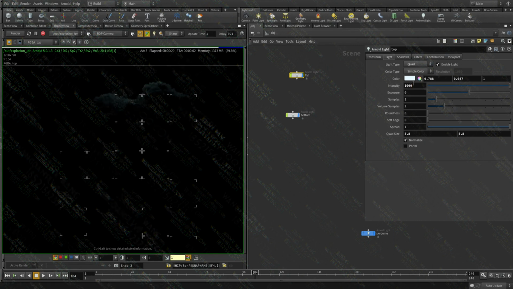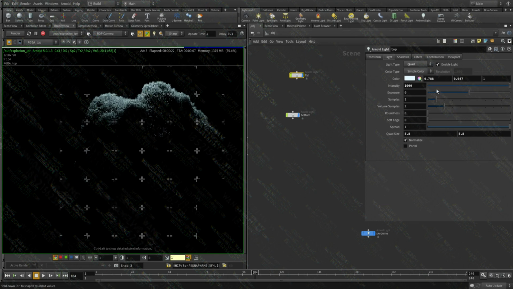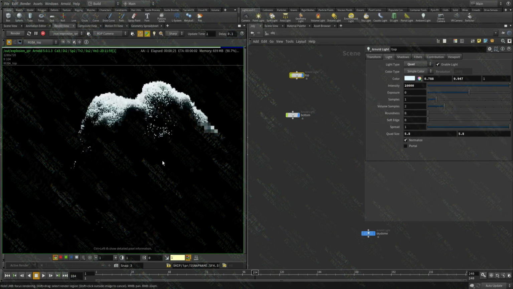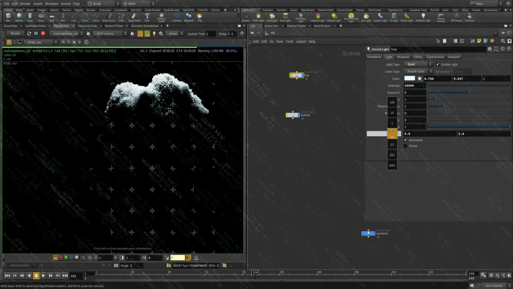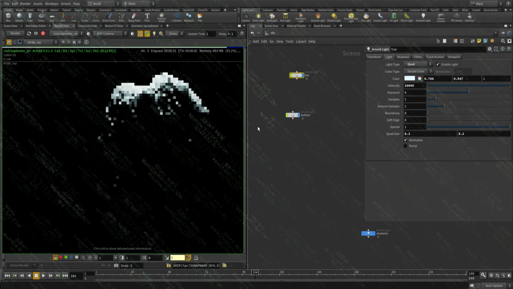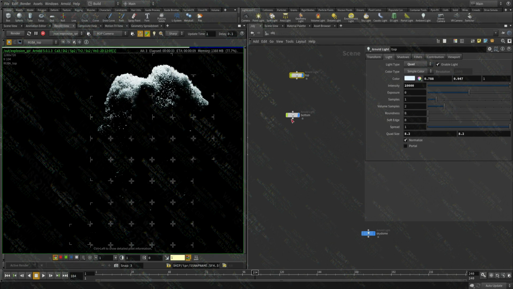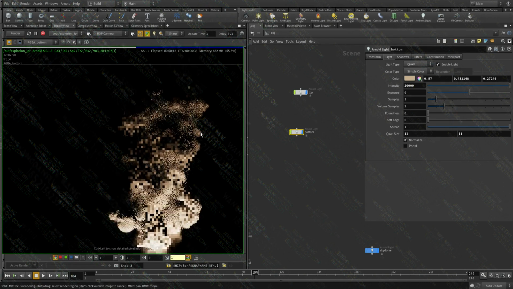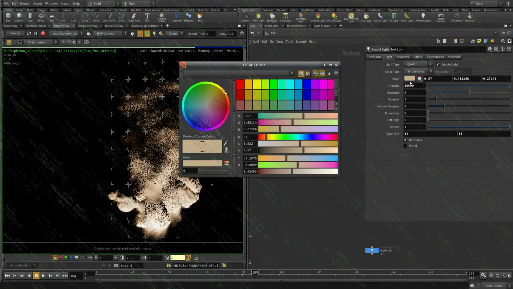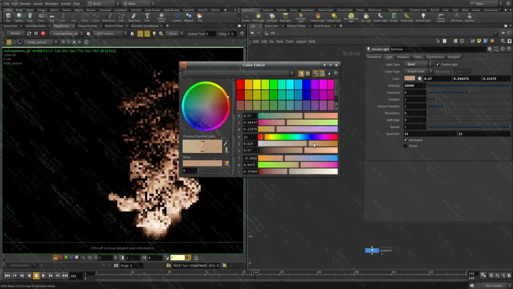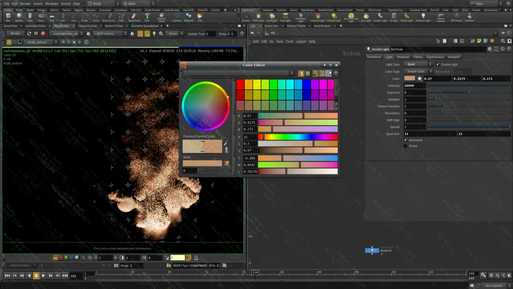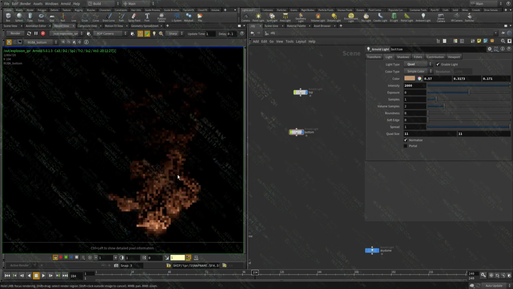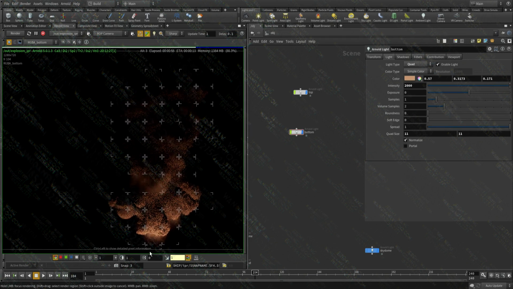It doesn't have a huge intensity, so let's increase this accordingly. Cool. And let's scale it. I want it to hit more of the volume, something like that. And then for the bottom, let's take a look. Yep, something like that. And I'm going to saturate it more. I wanted to create something interesting. And we're going to lower it something like that. I want some decay from bottom to top.